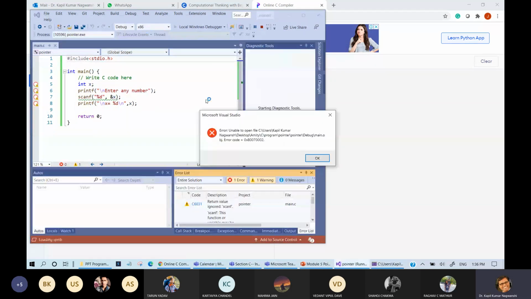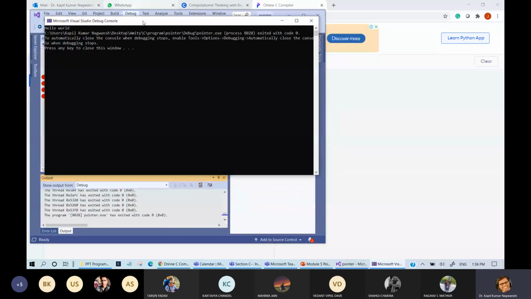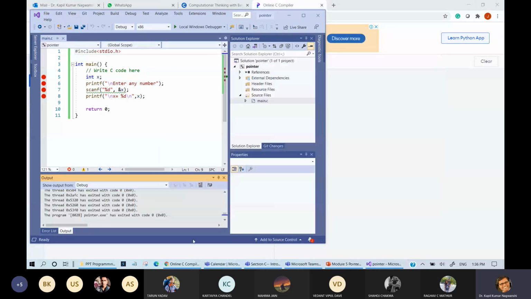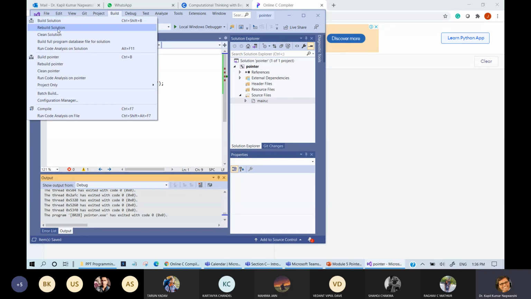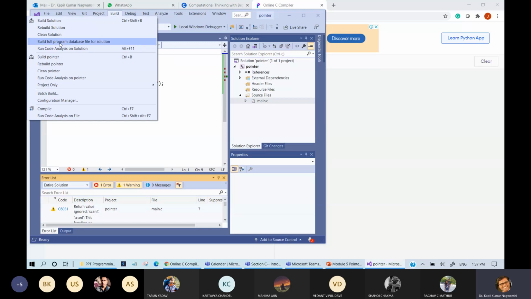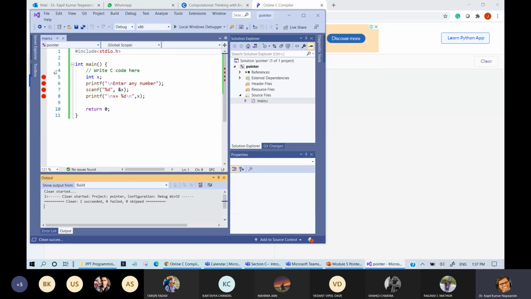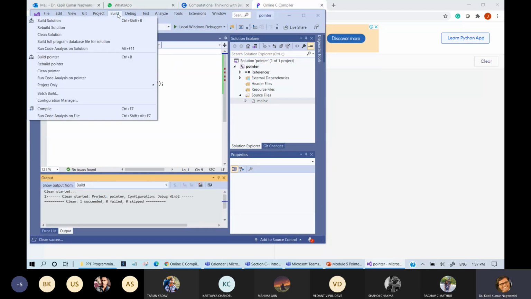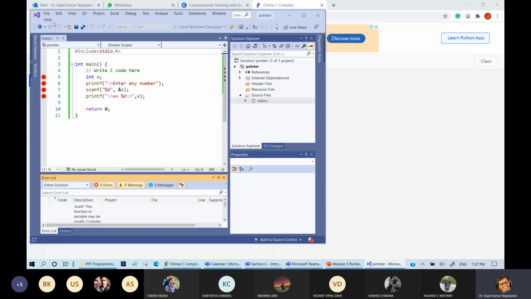So this program will start executing. And why is it printing hello world so many times, I don't know. I think it is not saved. Let us rebuild the solution and clean the solution also. Clean solution. Okay, now rebuild the solution. Okay, there is some problem related to the scanf.